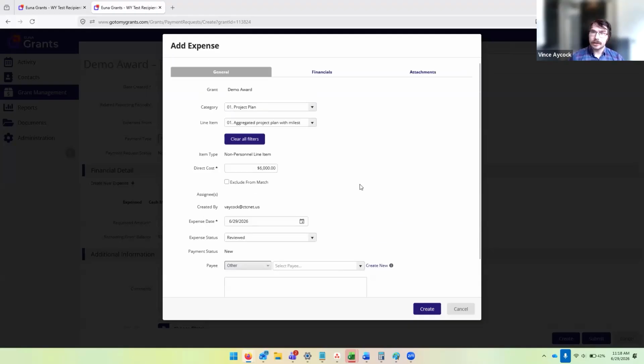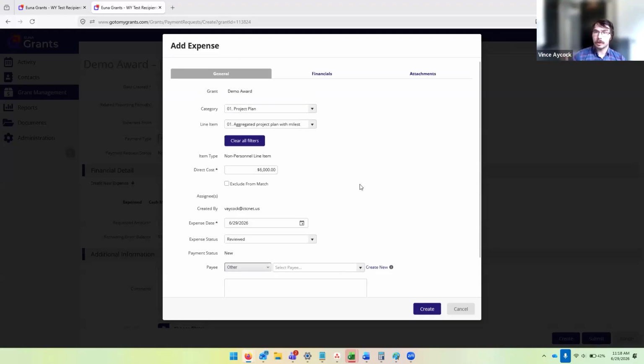The best practice is to only have one payment request active at a time, and not to have one for the project plan and then to get another kickstart on the engineering 20% milestone. It's best to only have one active at a time.